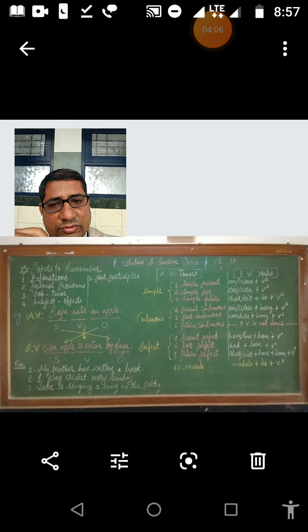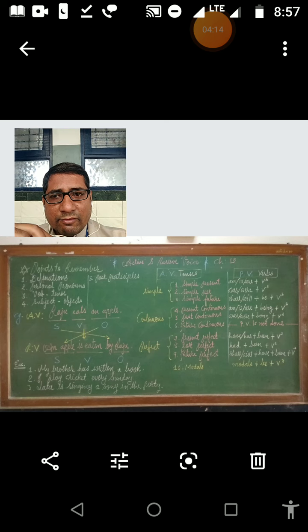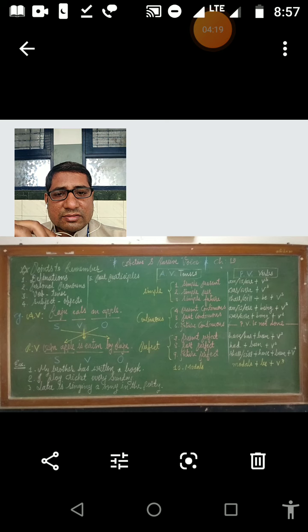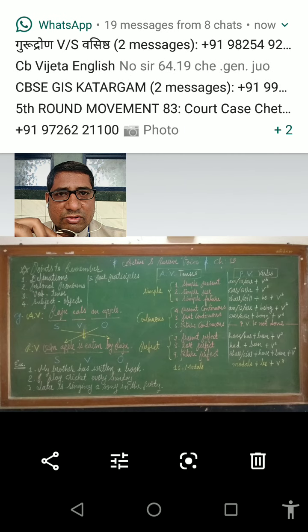So you can see here, and we can make a definition that active voice is such a statement wherein the subject is the doer of the action. The statement Raju eats an apple is in active voice because Raju is the doer of the action.